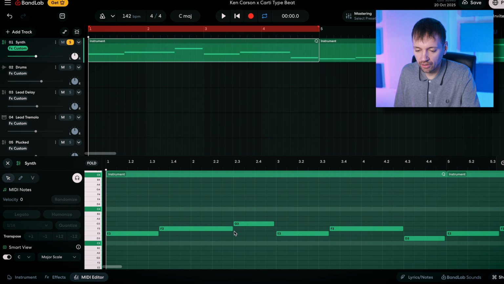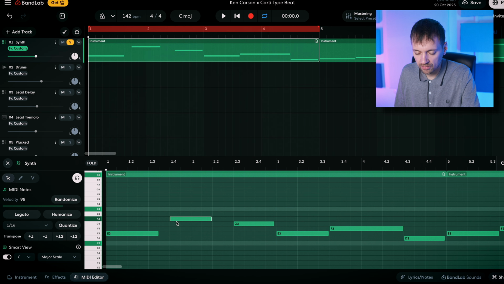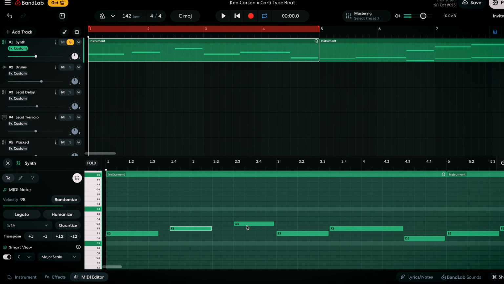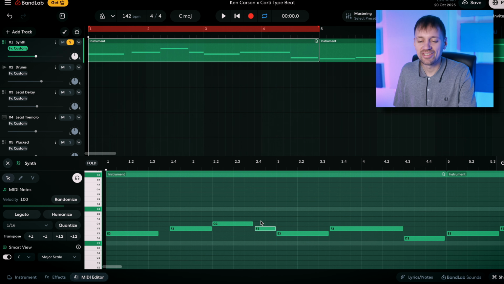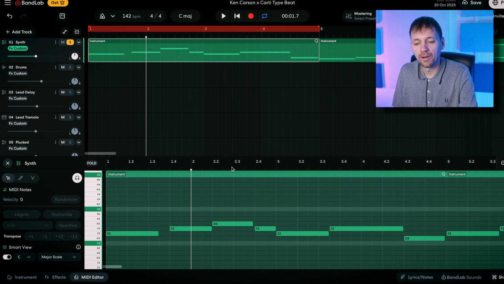See, it would work, or you can change the rhythm here. So, for example, as well as the note. Anyway, you can really do whatever you want,